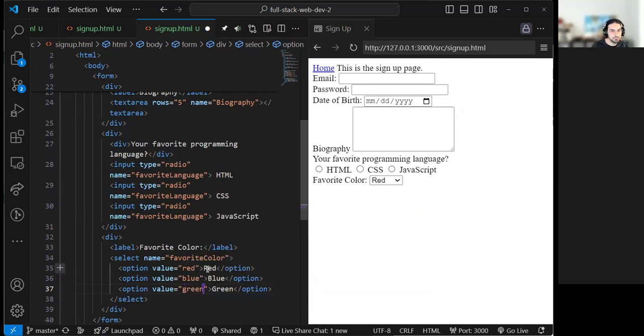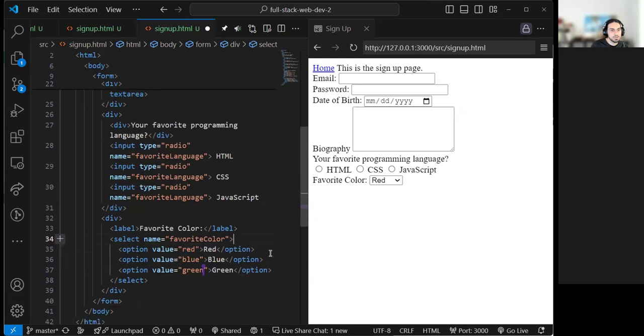That's something internal that you don't necessarily need to understand, but that's how it's keeping track or stored in the server. And for the purposes of the user facing, you would only change the label here between the tags because that's what the user sees. They don't actually see the value here. That's only for the backend that will see that. It could be red, it could be 1, blue could be 2, green could be 3 as well. Depends on how you built the system. Okay, but if you want to keep it simple, just put the words so you know what it is. Okay,